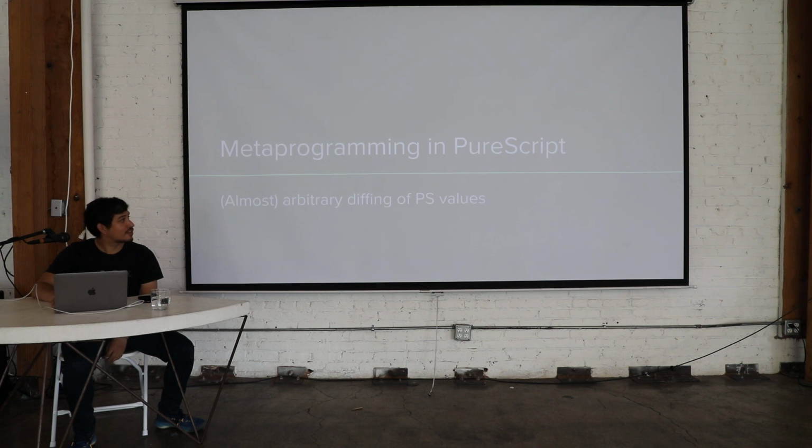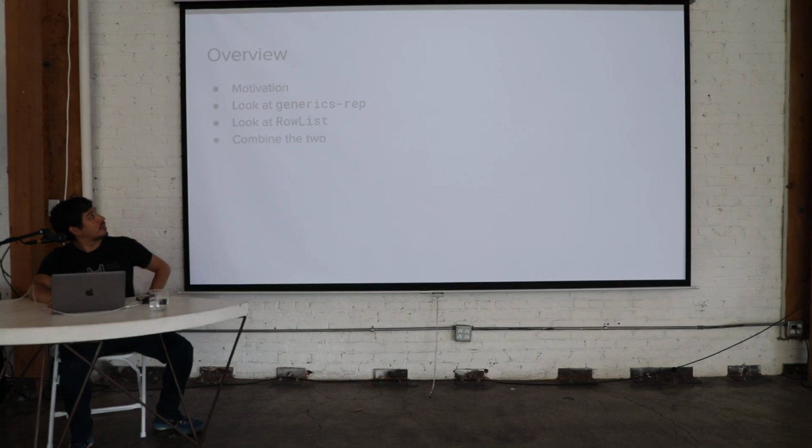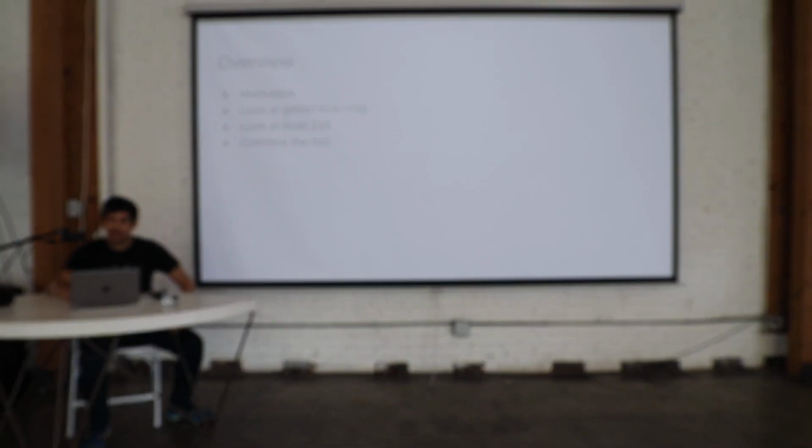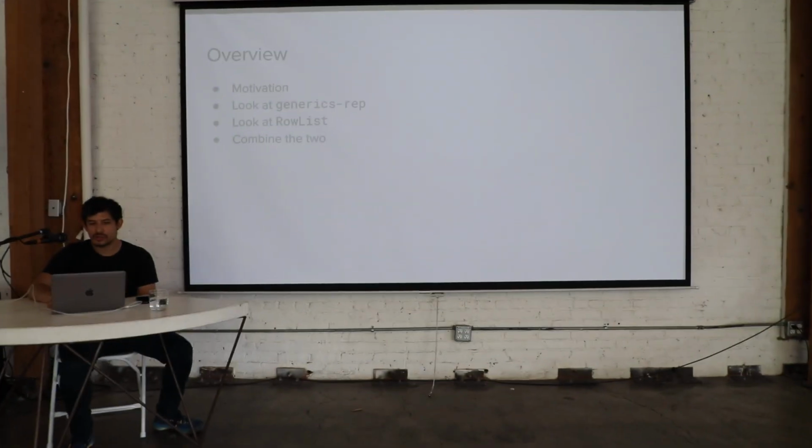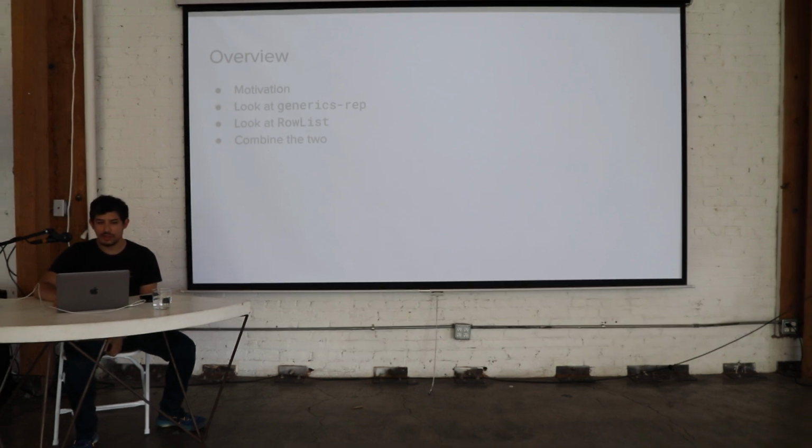Anyway, I'm going to be talking about metaprogramming PureScript, almost arbitrary different values. I'll start with looking at the motivation for this library that I wrote, and then we'll go into a little bit of how Generic works in PureScript and then RowList, and combining the two to create this library. So the motivation,